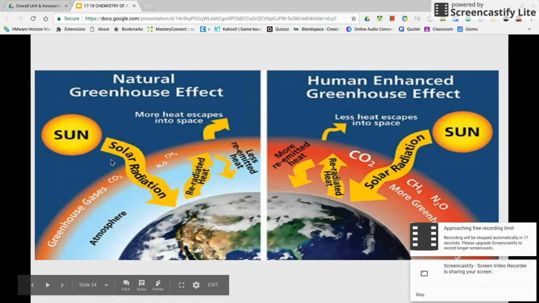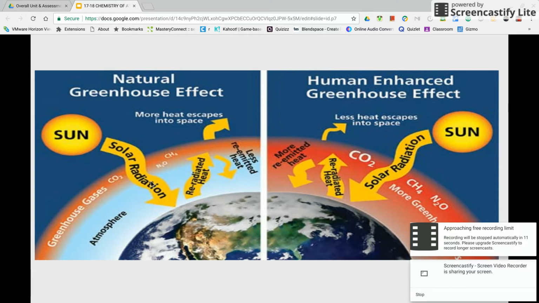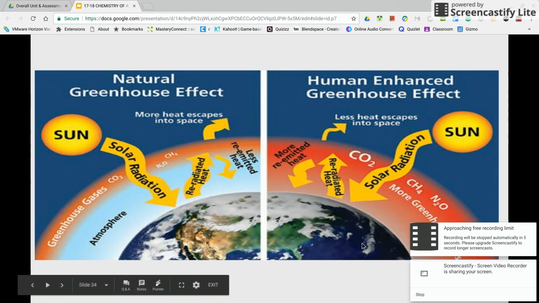And so you can see here's the natural greenhouse effect, and here is the enhanced greenhouse effect. So pollutants in our atmosphere can change naturally, and they can change unnaturally. And so we tend to say the enhanced greenhouse effect is typically a human enhanced greenhouse effect because